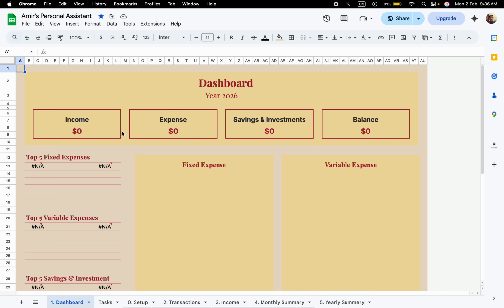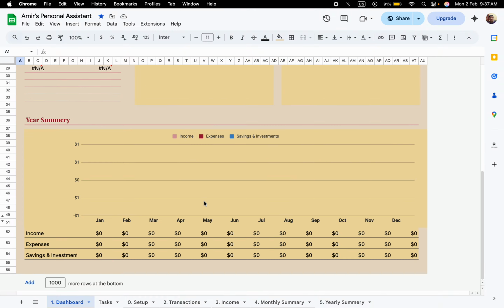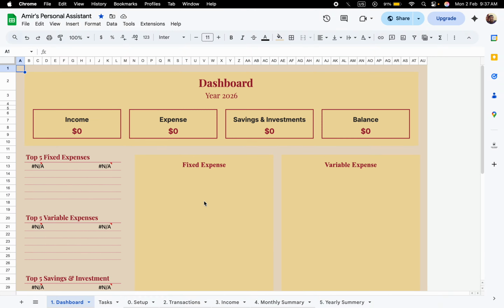Let me share some of my Google Sheet budgeting tools, or personal or family expense tools, and especially this is 2026, a new year. So many people are trying to prepare their own Google Sheet or expense tracker. So you can easily grab one of these items. First of all, this one is a pretty minimal design, but